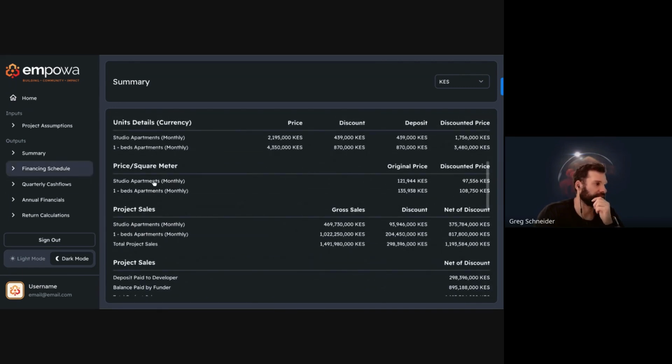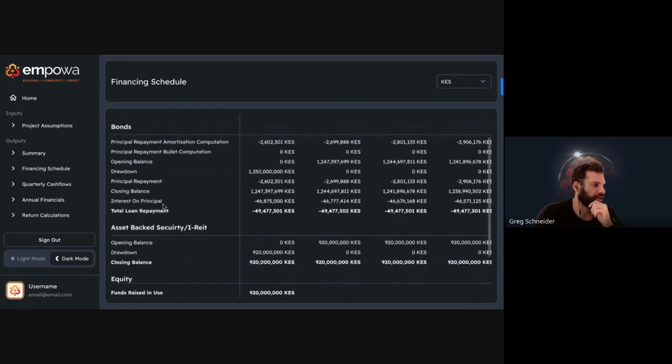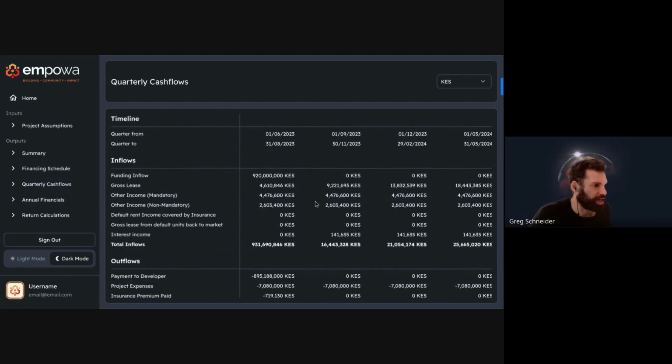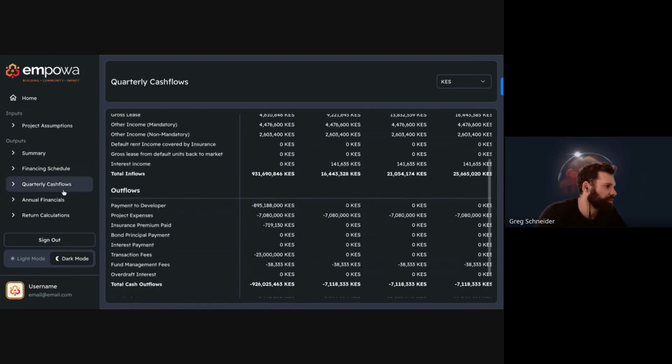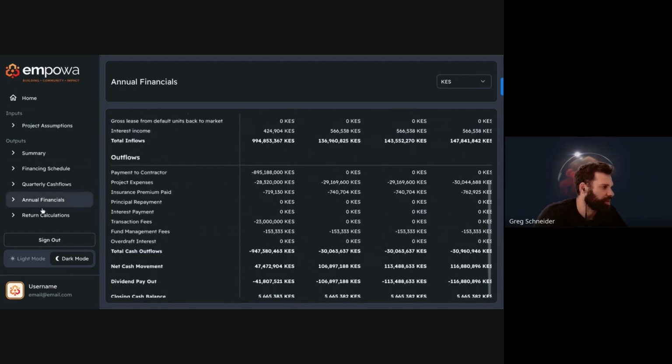You can see things like financial schedule. So when will we need offtake? What will this look like? What will equity be? How will that be drawn down? Here we can see quarterly cash flows. So again, will you be able to service the debt? Obviously, based on these cash flows, you'll be able to get a sense of annual financials over a time period